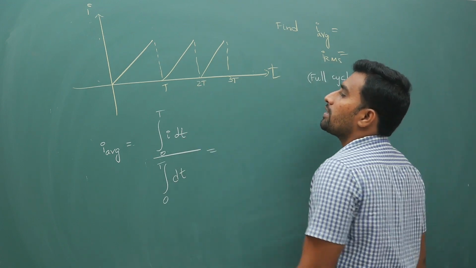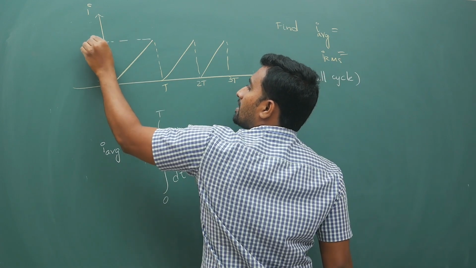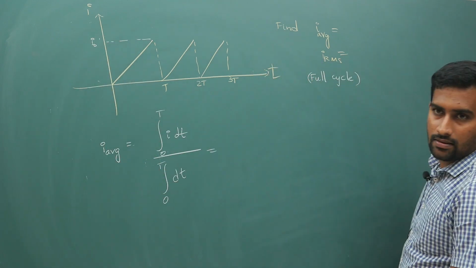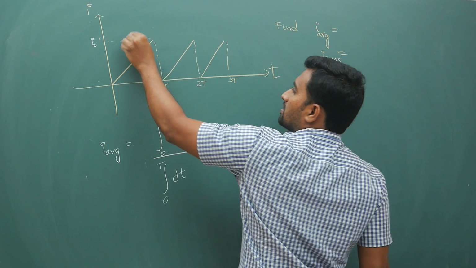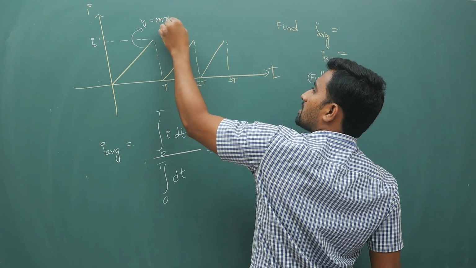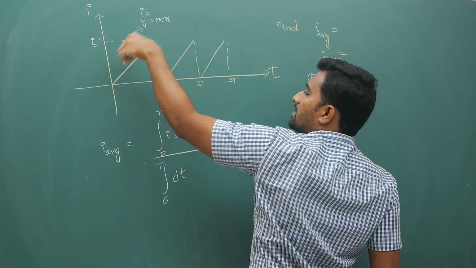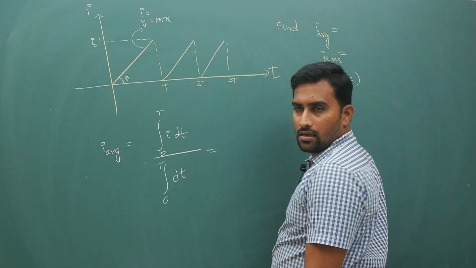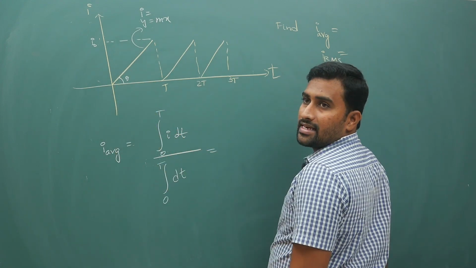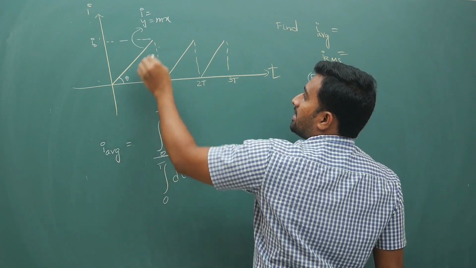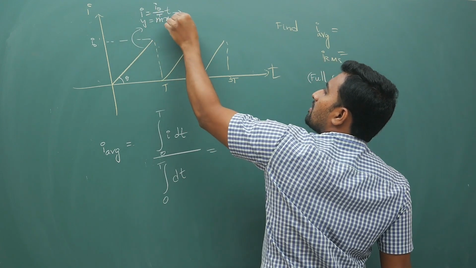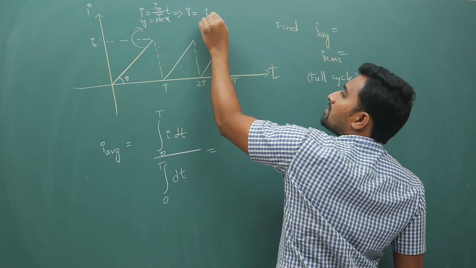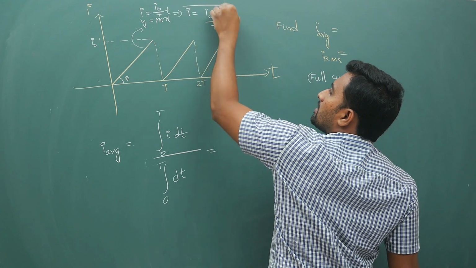If not, still you can do something. Let us say this current is I0, given in the question. Your graph is nothing but a y equals mx graph. A straight line passing through the origin is given by y equals mx. According to that, I is the slope. If this angle is theta, slope m is tan theta, which is opposite by adjacent side. So your m is I0 by T, and the x value is t. From here your current I value is I0 into small t by capital T.